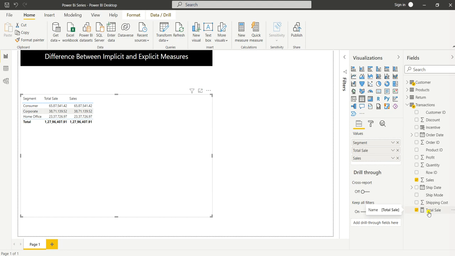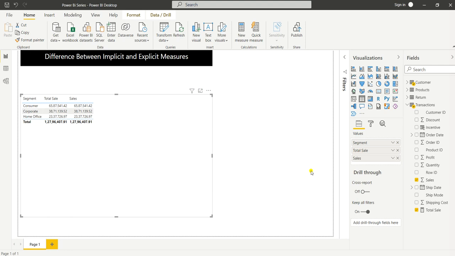Also, when you create the visualization in the Power BI desktop and upload it into the Power BI service, and suppose someone wants to extract the data and do some analysis, in that case that person would not be able to do the analysis for the sales, because it is implicit measure, so it cannot be reusable. So it is always better to have the explicit measure.